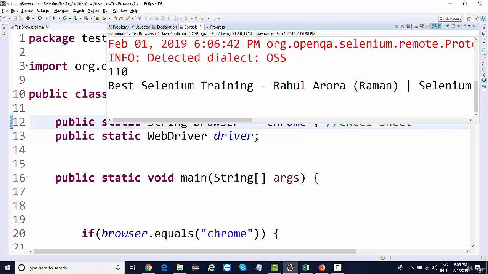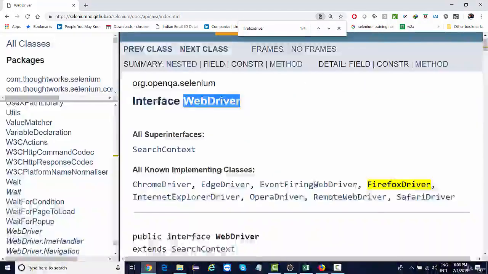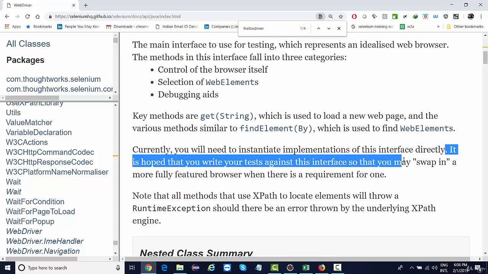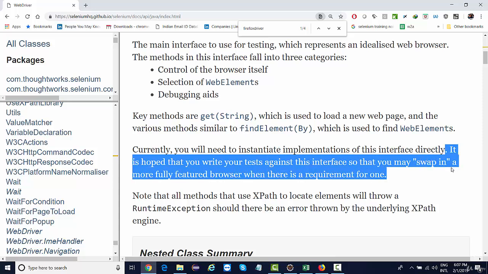So this is why we use WebDriver, and this is what they have clearly mentioned over here. It is hoped that you write your tests against this interface so that you may swap in a more fully featured browser when there is a requirement for one. So at times you need to switch between different classes or different browsers at runtime.